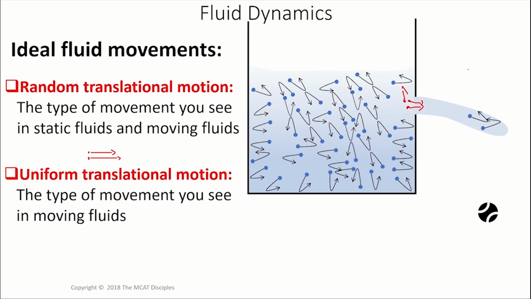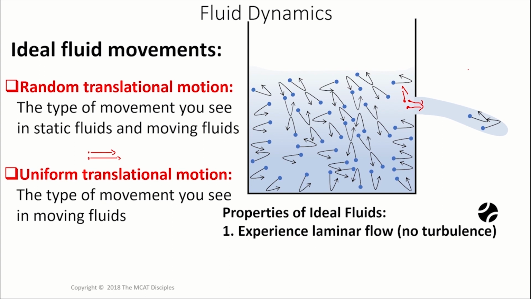Now, ideal fluids have some properties associated with them that you should know. First is that they experience laminar flow or non-turbulent flow, smooth flow. If you can imagine a fluid flowing down a slide, that would probably be laminar flow. Laminar flow is essentially just the flow of fluid in sheaths or layers, where each layer is interacting with or bumping into the other layer. So it's just a very smooth flow. And turbulent flow would be, for example, if you have these fluid molecules flowing down to the right here all in the same direction, and some random fluid molecule went here and bumped it, it would cause some turbulence.